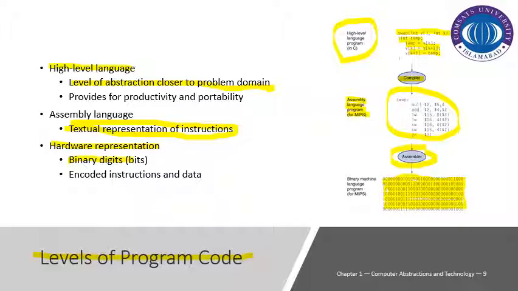So to conclude with this slide, we have to follow a series of steps in order to map our high level code to the machine code. Our machine only utilizes or recognizes the machine code, that is in terms of binary. The more we are away from the hardware, the more there is flexibility and productivity, and we are closer to the problem domain, and the more we are towards the hardware, the less. Basically we can implement the same task by using high level language, the assembly language, and the binary language or the machine code as well.